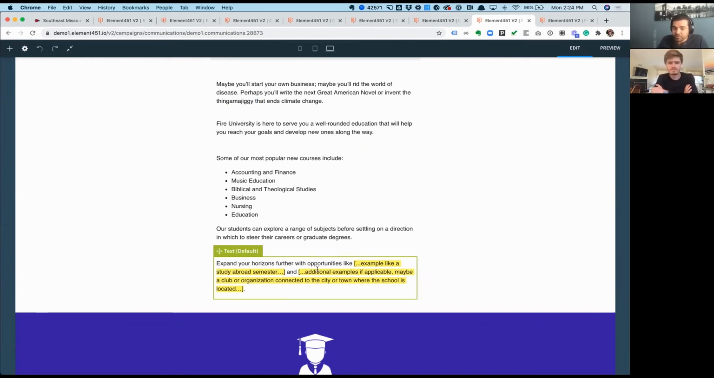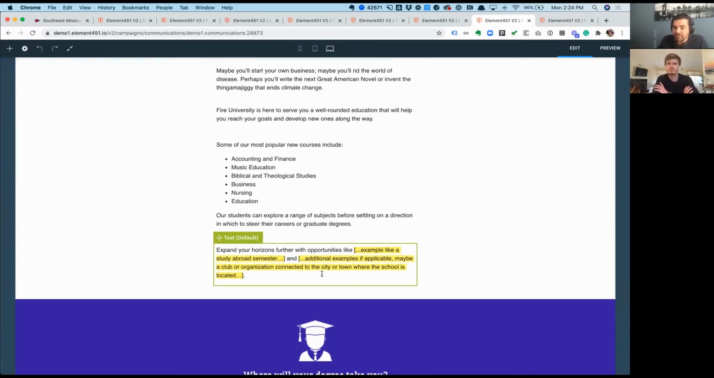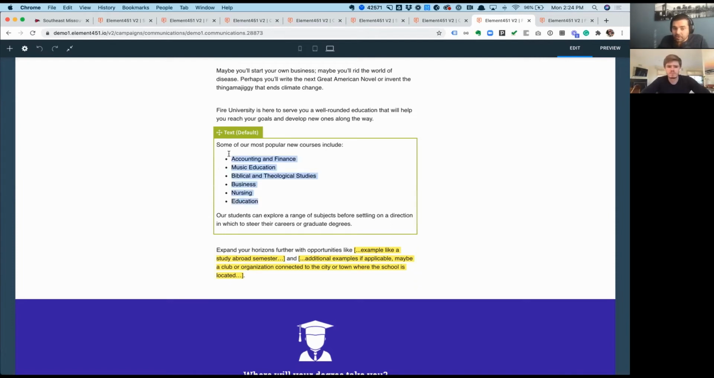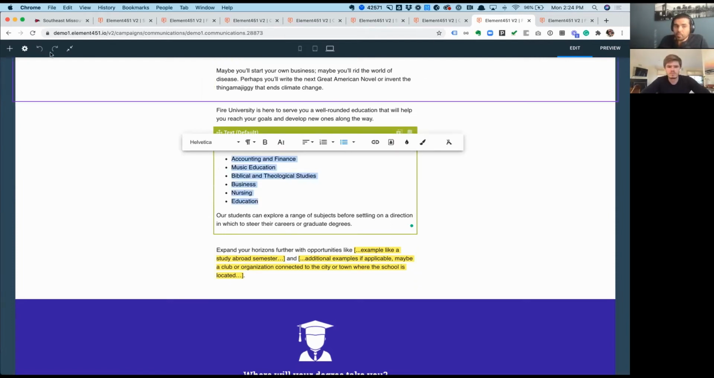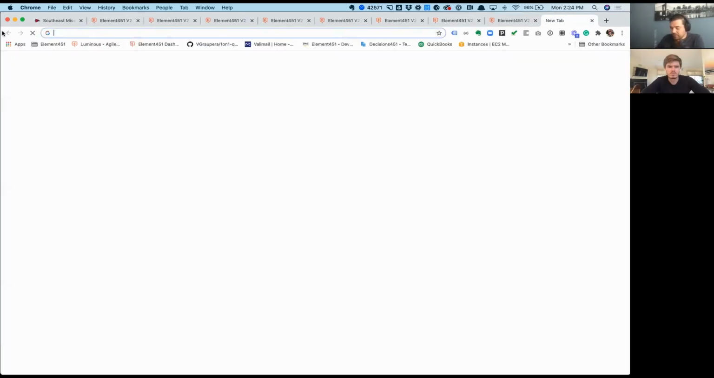But then there are other opportunities where we're saying, perhaps you want to add an example like a study abroad semester. Those are more unique to the school, and the school can put them in a different tone of voice. So we're giving you some examples here, or some direction on what you can do, whenever you see that highlighted text. If you look at these over here, we are pulling that information from, let me go back